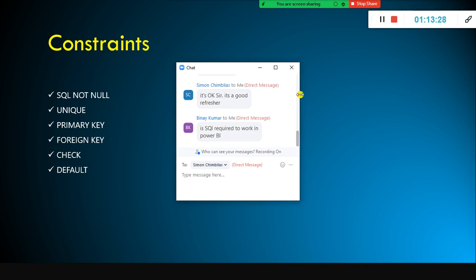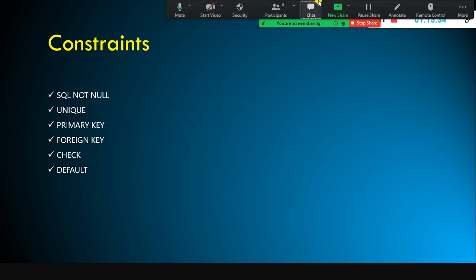Yes, you need to have SQL knowledge, Binay, because to test your report, supposing your source system is a SQL Server or any RDBMS server, right? In that case, if you know SQL, it is very good. Okay. And again, we have something called query folding option, and also from the performance point of view, you can